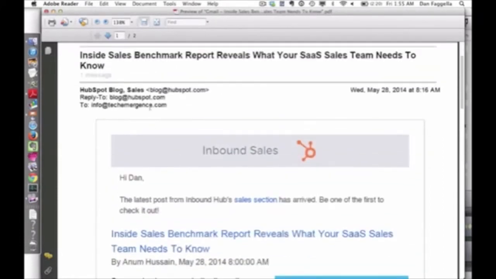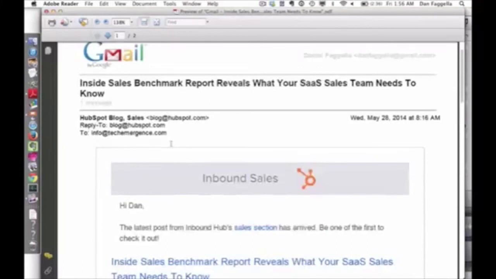In addition here, this is a little bit of newsletter action from HubSpot. HubSpot allows you to subscribe to different sections of their blog. So if you just want to hear about sales, then they'll just tell you about sales. So this is their subject line: Inside Sales Benchmark Report reveals what your SaaS sales team needs to know. So they don't know whether I'm a software as a service company or not, but I suppose they are making the bold proposition that I am. Either way,